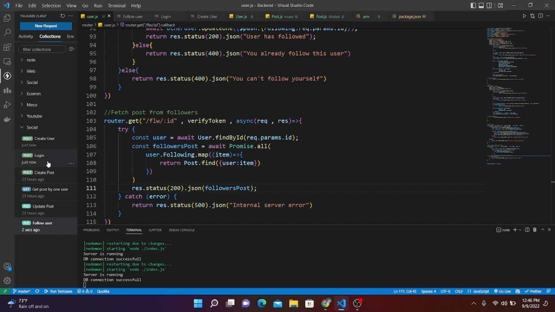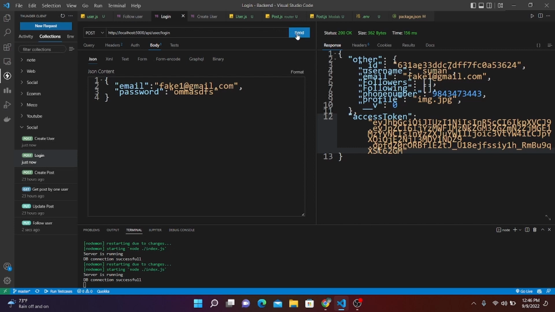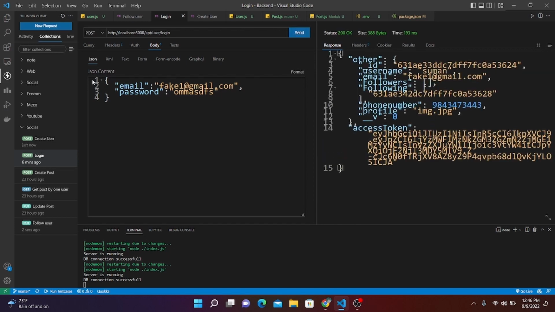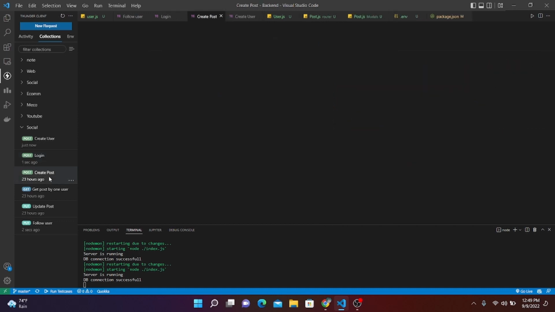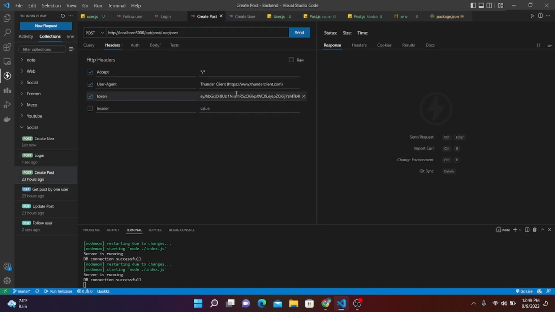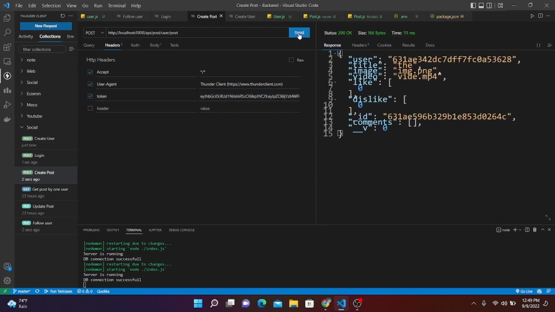Now we are going to create some of the posts here. So what I'm going to do is, let's again log in. So not here, but I want to log in our fake at gmail.com. So we have followers here. So, and let's copy this, and let's go in our post, and I'm going to paste our authentication token, and this is our first post, second post, and third post. Okay, so now let's make a new request. Fetch post,